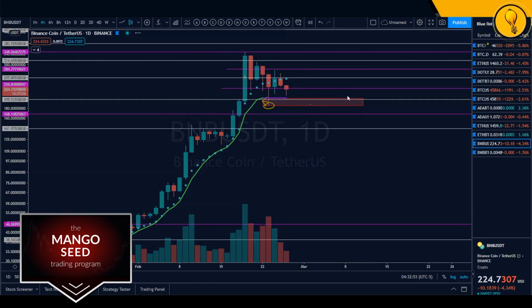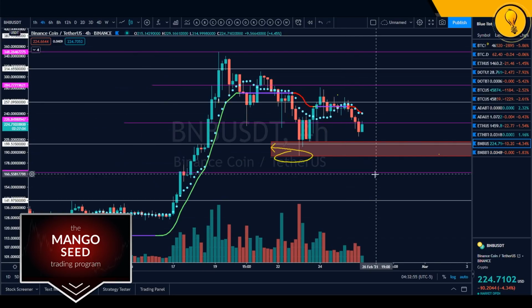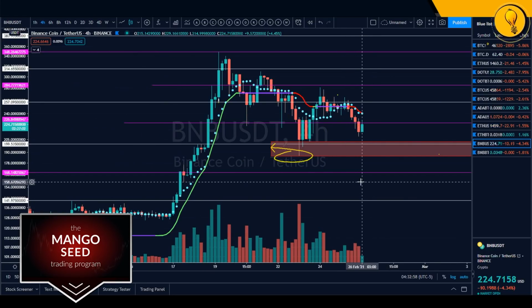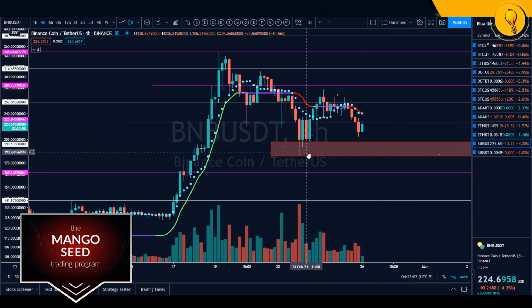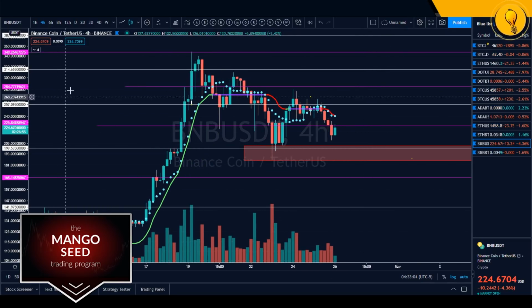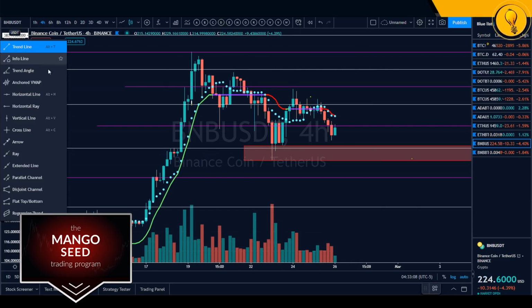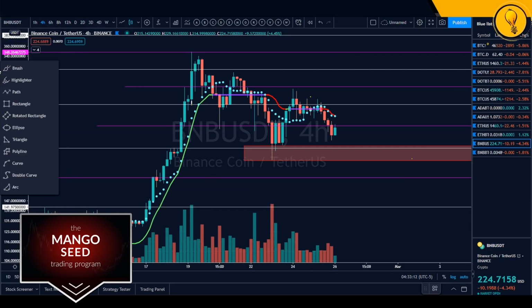But now let's get on over to the 4-hour time frame very quickly and see what we are doing here. And this is nice. So this is cool. I like this 4-hour time frame. So there are a few developments on this chart that I'm seeing right off the bat. Now the first one is this. BNB, ever since it started this downtrend, and yes, it is a downtrend, we're putting in a